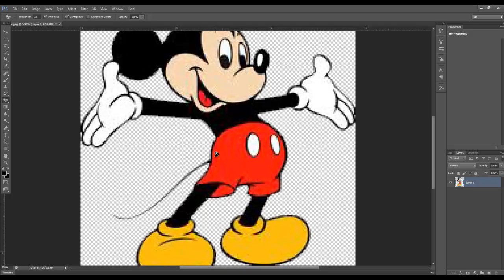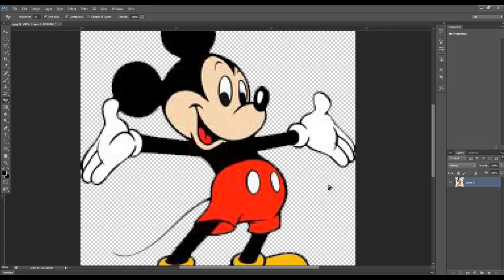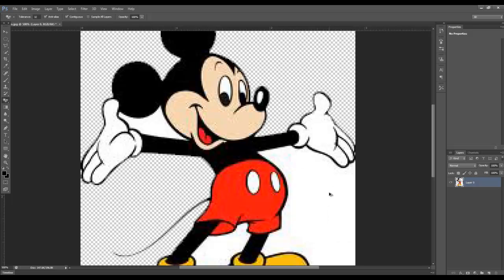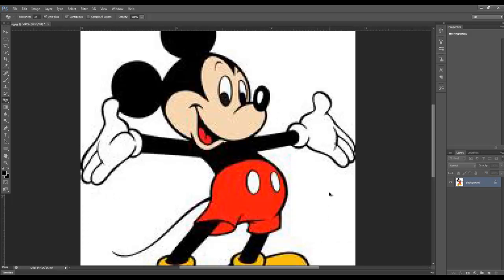Now the big question is what if you're using an image that the actual image itself has a lot of white in it? So when you're removing the background, it's also removing the image. So for example, if I were to click on this white background, it would also delete the glove. Okay. So how you get around that is you open up your image with a full white background,